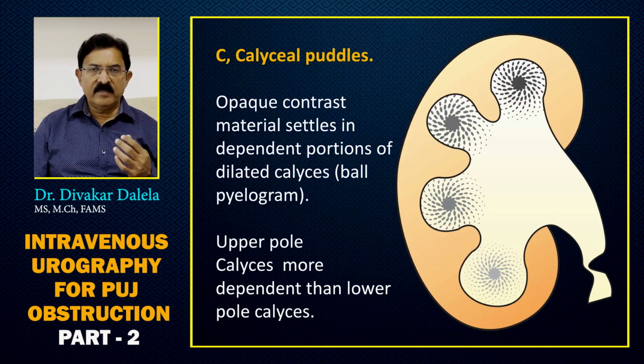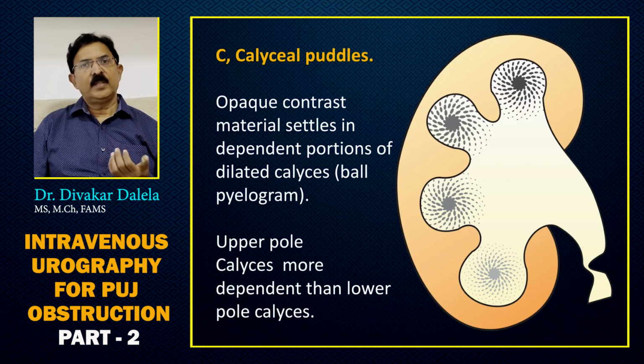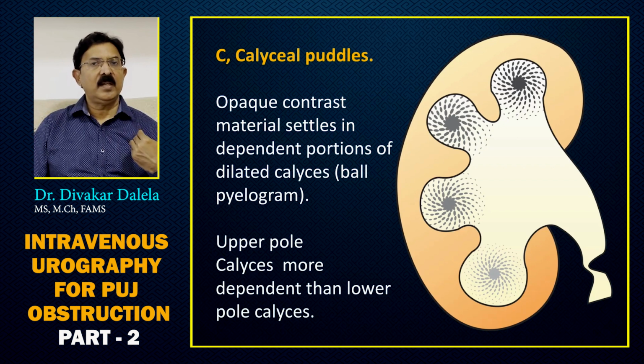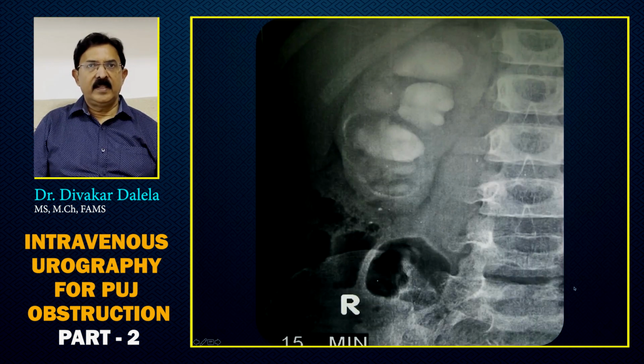I also want you to understand one more thing. When somebody lies supine with a hydronephrotic kidney, the superior calyx is the most dependent calyx, and therefore the contrast tends to settle in the highest concentration in the superior calyx. I tried to show you this with the increasing density of grey tone here. This is the superior calyx, upper middle calyx, lower middle calyx, and the inferior calyx. The contrast in the inferior calyx is lesser as compared to the superior calyx. Here in this picture you will see the crescent and the ball pyelogram.